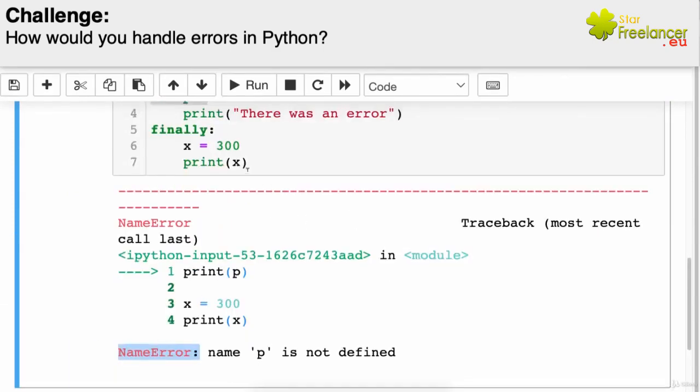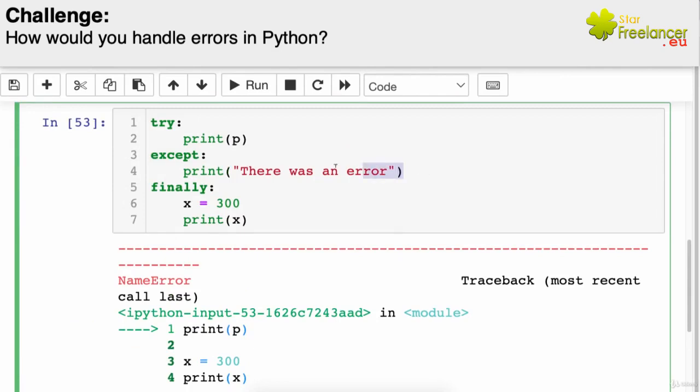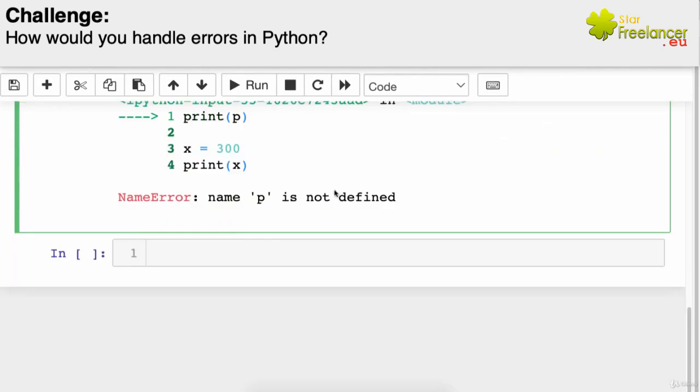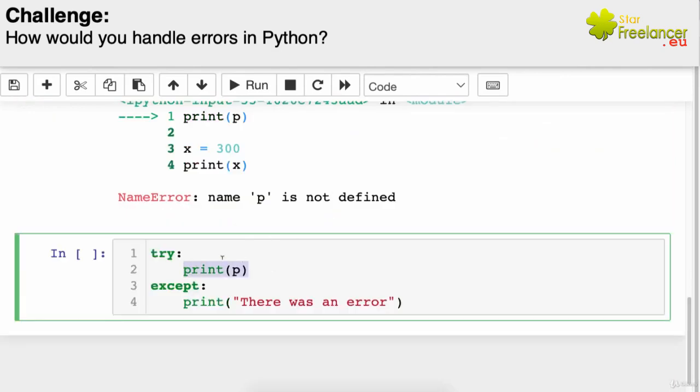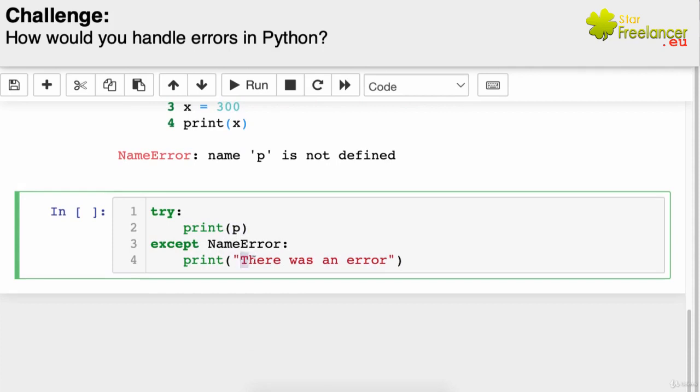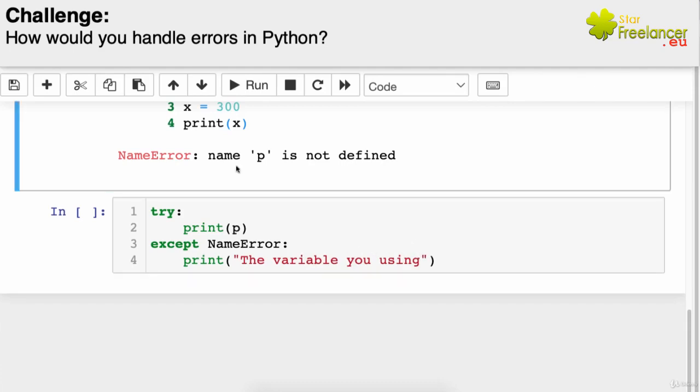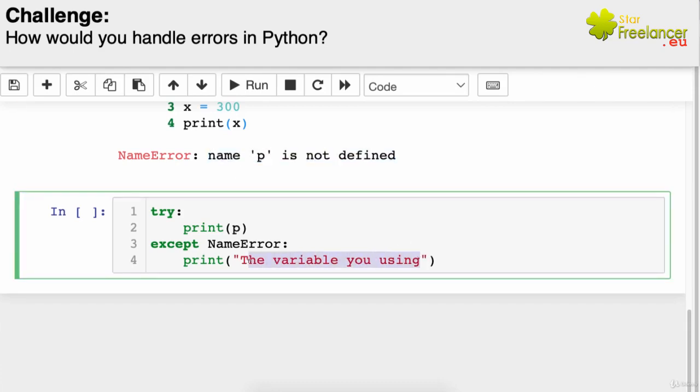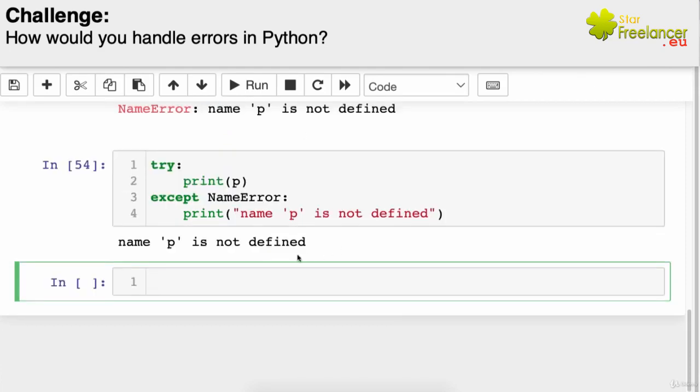I can also tell the system, in place of this, just this place, I'll copy this. This is a NameError because we have not defined P. I can simply tell the system, for a NameError, print for me what really happened, the variable you are using. Or I can put it back like this. Instead of doing that, just say name P is not defined or variable P is not defined. You can put anything you want. If I run this now, you see,